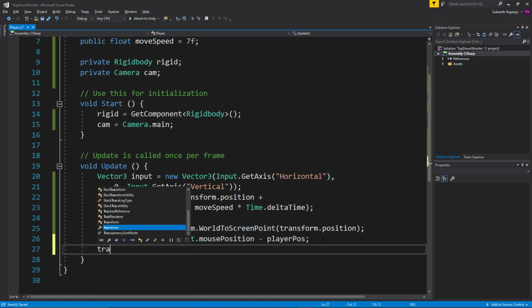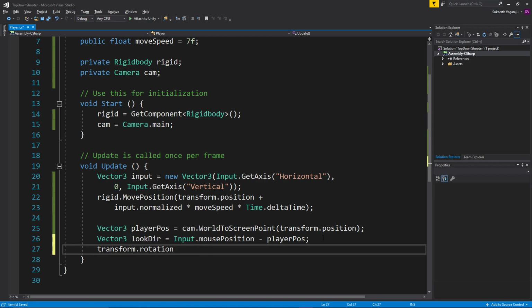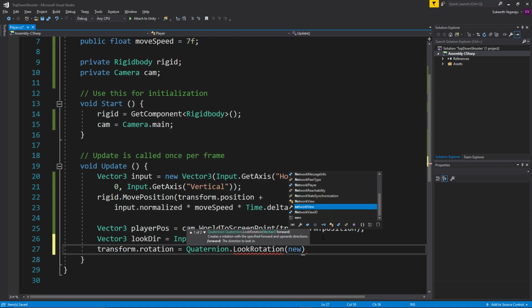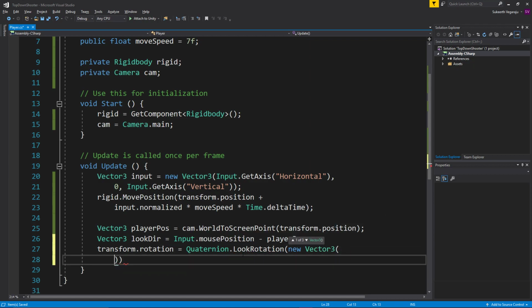Okay, the last thing we need to do is change our rotation. So on the rotation field of our transform, we're going to set that equal to Quaternion.LookRotation, and we're going to feed it a new Vector3. LookRotation takes in the delta, or the rotation difference that you want to change. Quaternions are really confusing. I'm not going to try and explain them despite knowing how they work. You really don't need to know how they work,